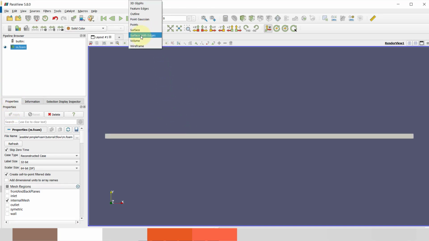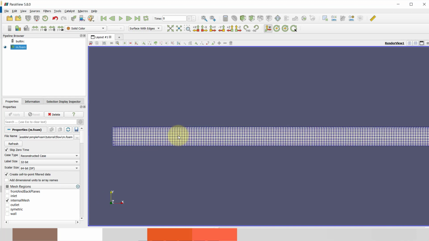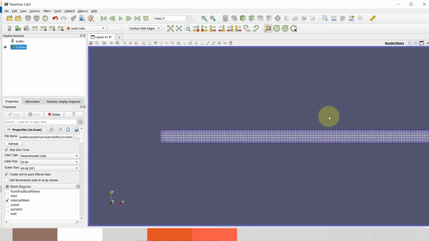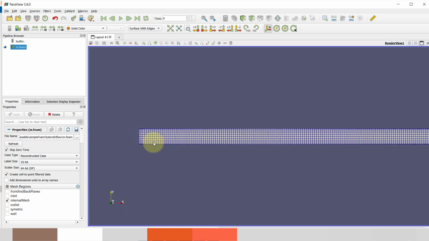You can see that our mesh is very fine, and it is 800 mm long, and this is actually a symmetric plane. I modeled 12.5 mm along the thickness, and the length is around 800 mm.